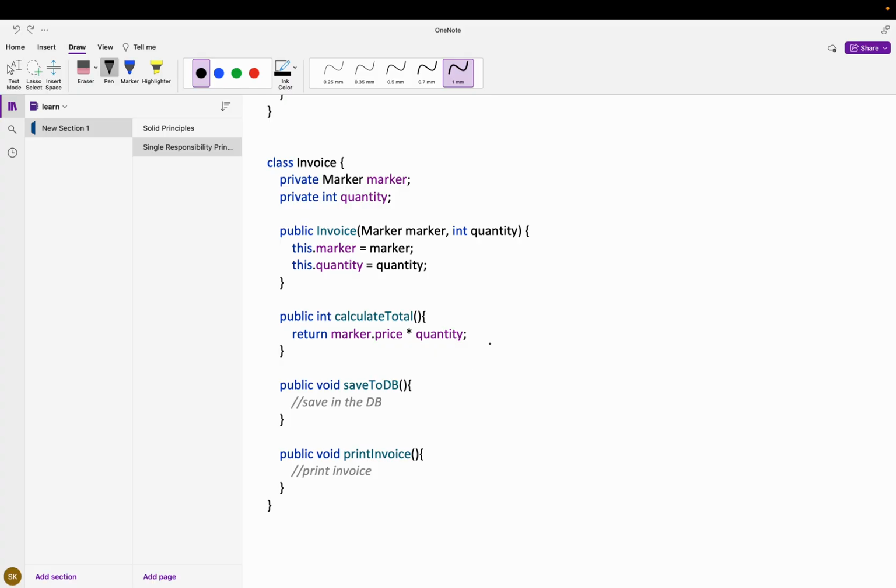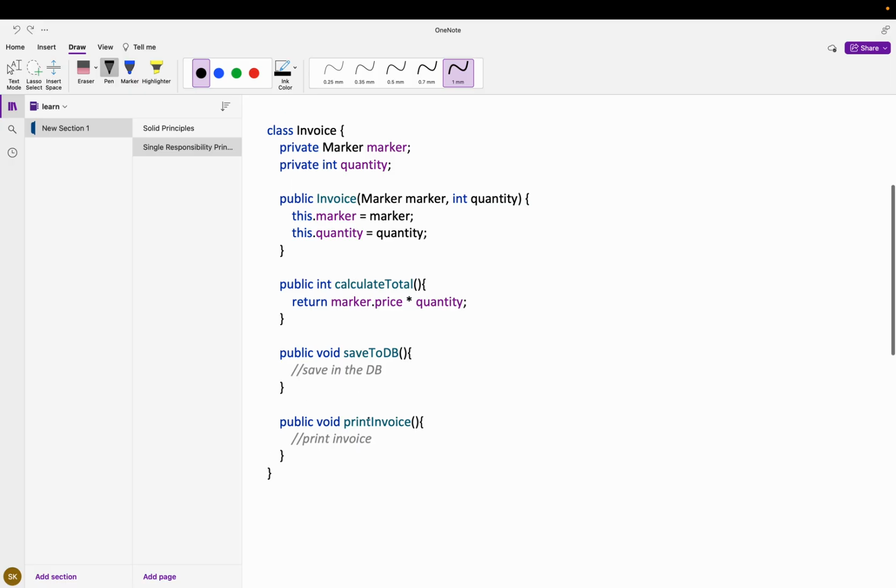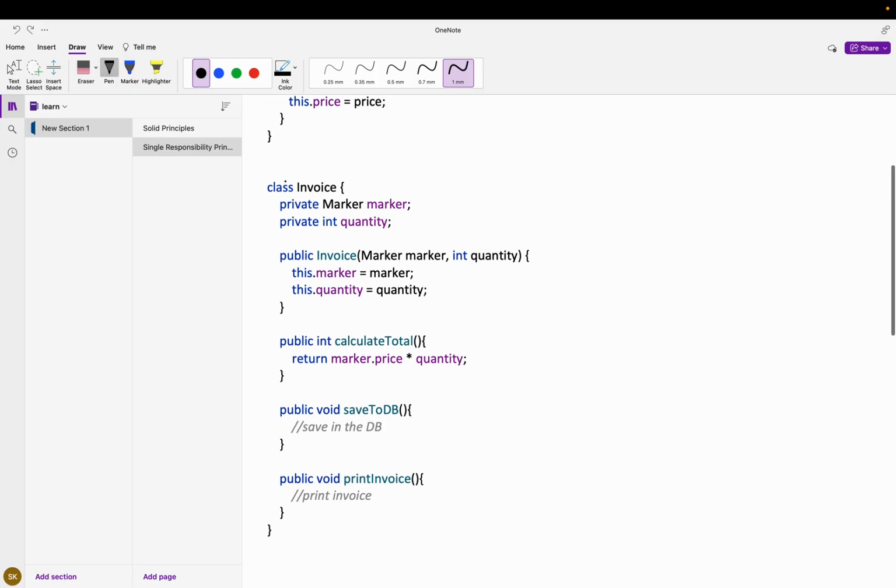So we have one method which is save to the db. Then if someone wants to print the invoice, we have one more method which is print invoice. But here you can see this class invoice has three